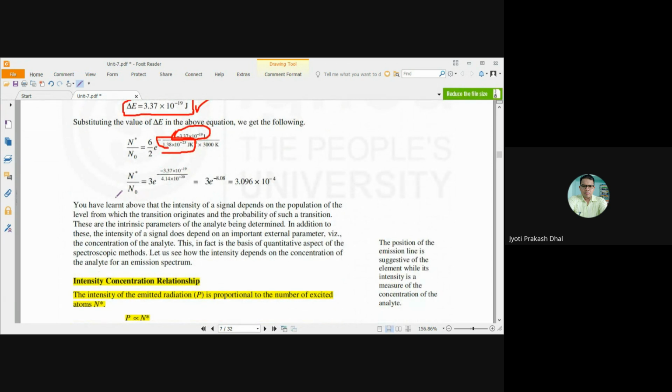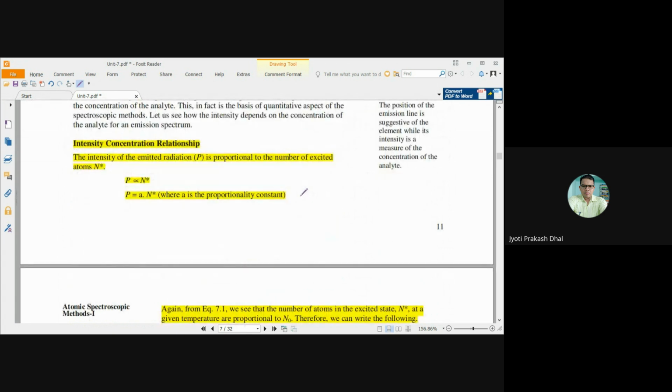And hence, because all the values are given, we can calculate n star by n naught equals 3.096 into 10 to the power minus 4. So the ratio of the atoms in the excited state and ground state will be 3.096 into 10 to the power minus 4. Now coming to the